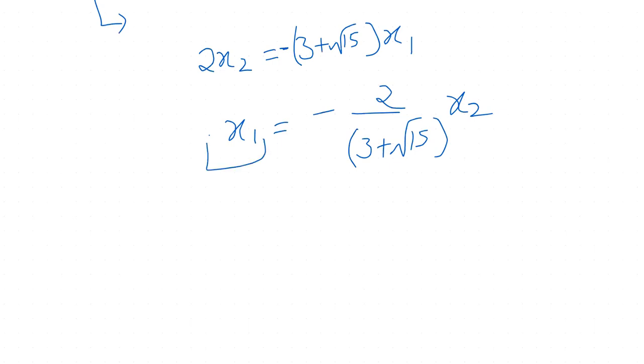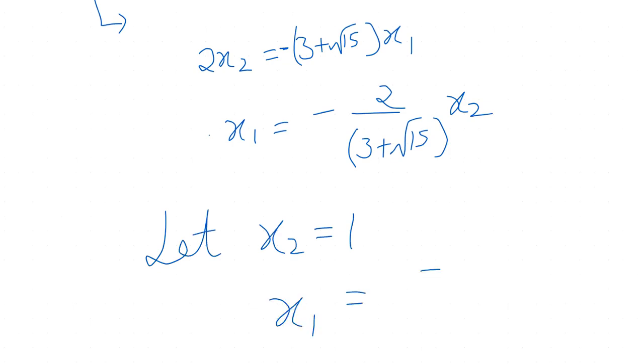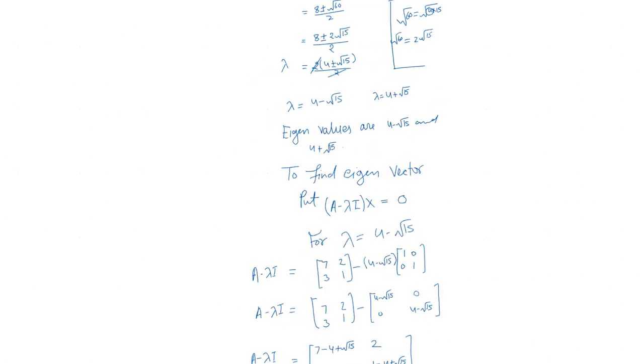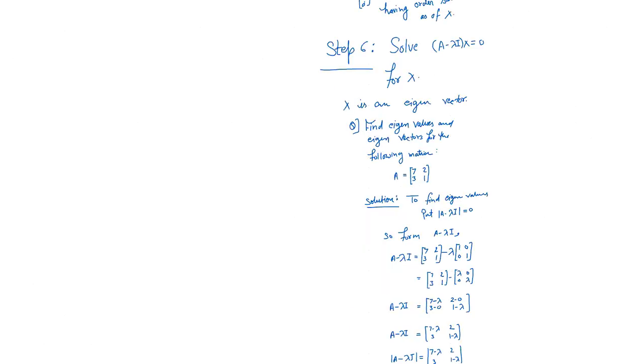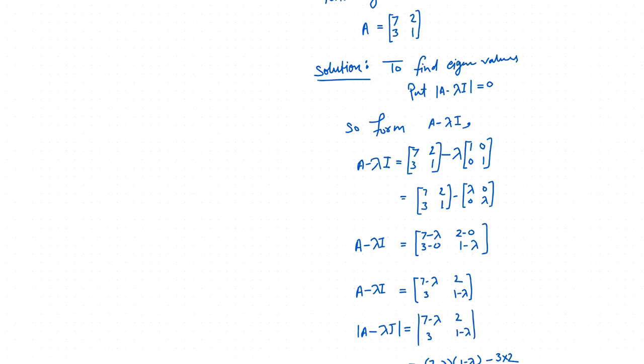So let x2 is equal to 1. Then x1 will be minus 2 over 3 plus square root of 15. And I'm checking one thing again. We have taken the matrix 7 2 3 1. I'm just checking it again, because maybe there is a mistake, because in both equations we must have the same